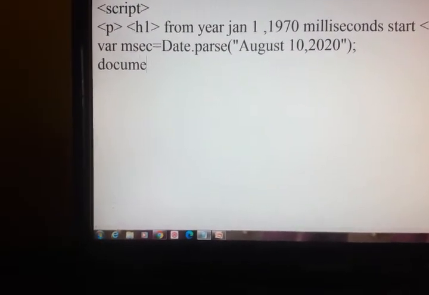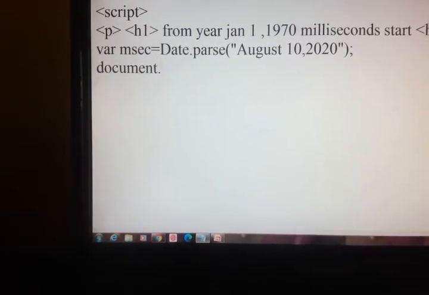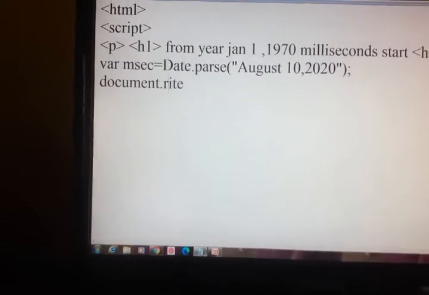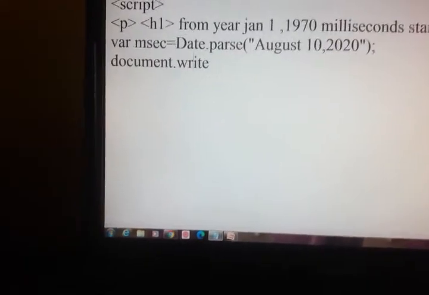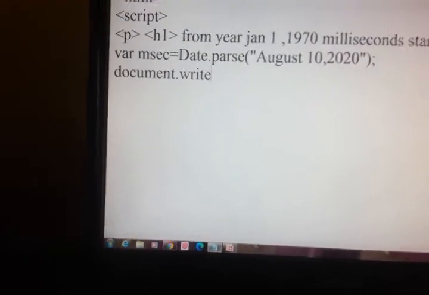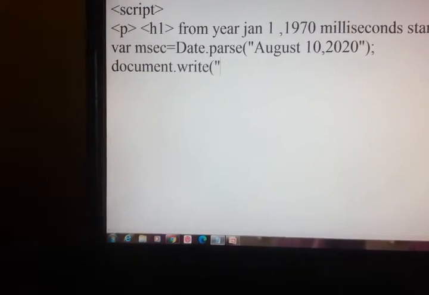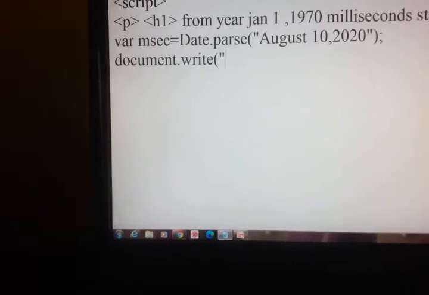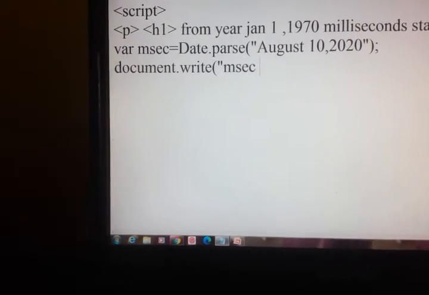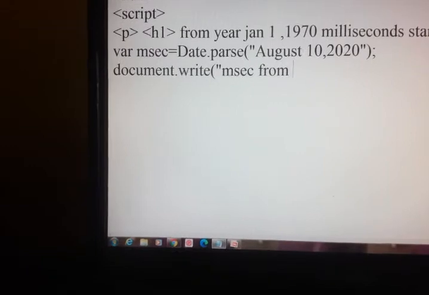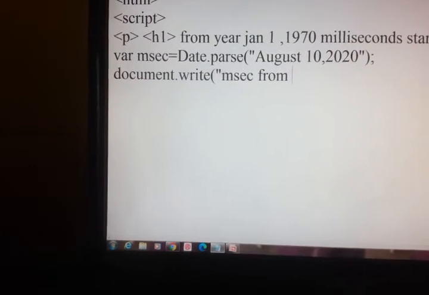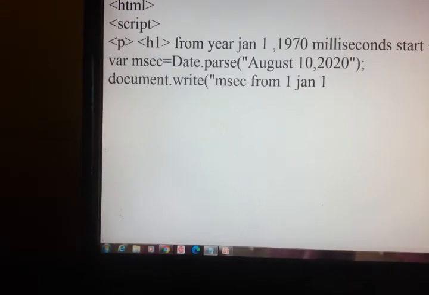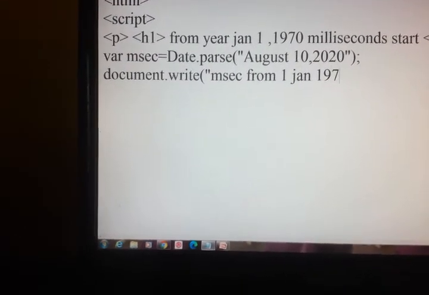I'll use the document.write method to display: milliseconds from 1 Jan 1970.